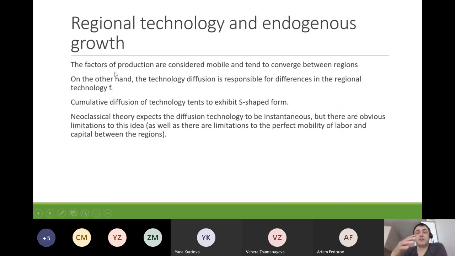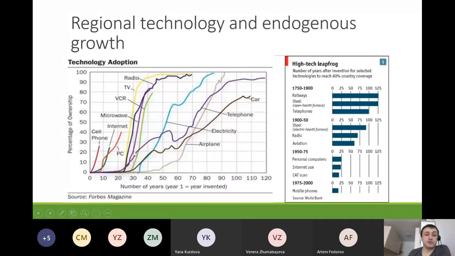Basically, the new technology is introduced, and it takes a while before people and workers and businesses start adopting it. Originally it goes a little bit slower, then there's a really fast adoption, and at the end it slows again. Neoclassical theory basically looks at it a little bit simplistically. It basically expects the diffusion of technology to be instantaneous. But it just simply doesn't work that way. Usually the diffusion of technology tends to exhibit the S-shaped form, which is basically what you see here on this